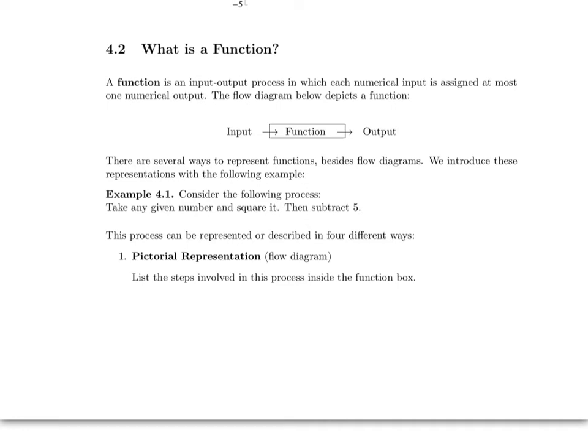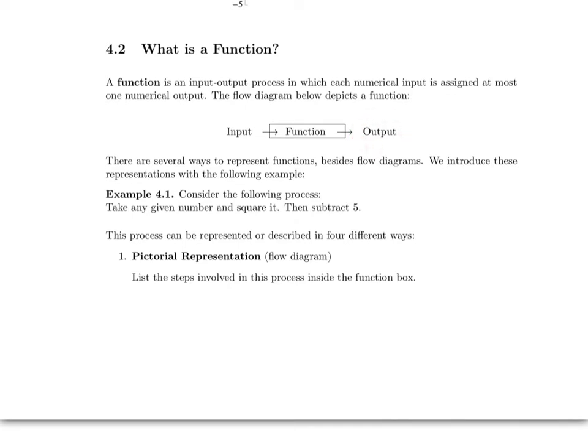In this screencast, we introduce the idea of a function, and we discuss different ways that functions can be represented. A function is an input-output process in which each numerical input is assigned at most one numerical output. Shown below is what is called a flow diagram, and we can use flow diagrams to illustrate how a function works. A function is a process, and it takes numbers, which are the inputs, and it turns them into other